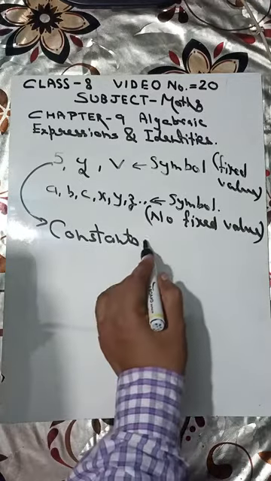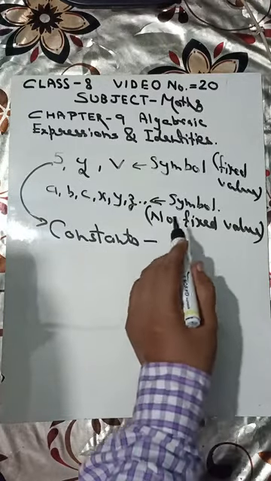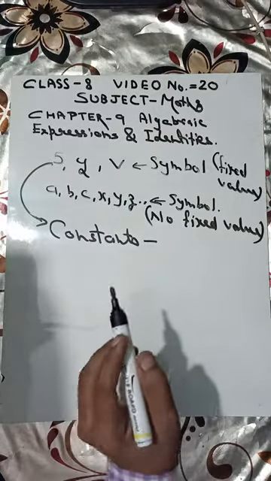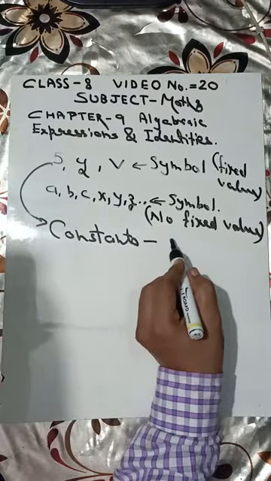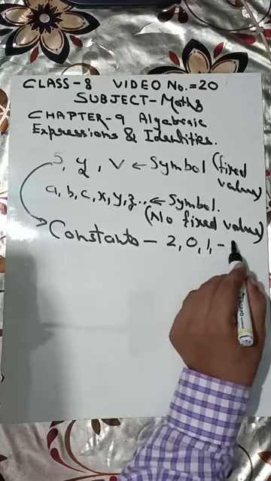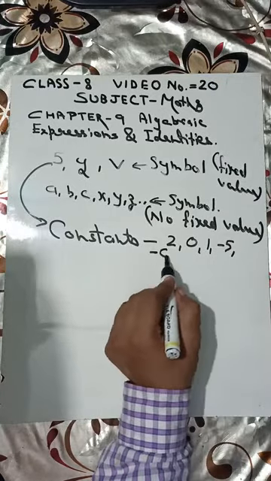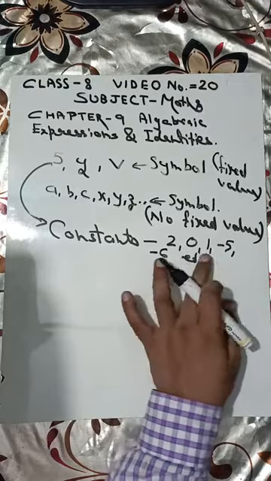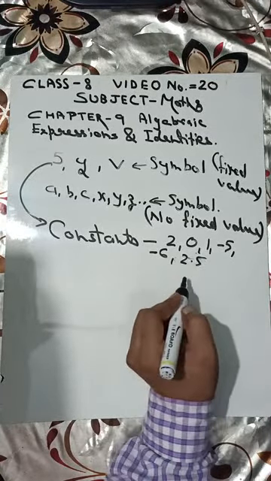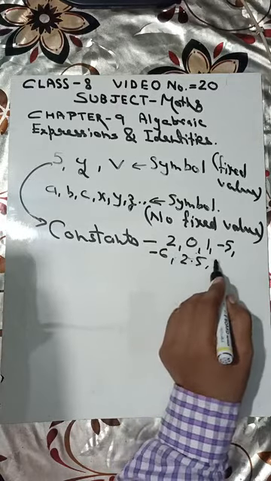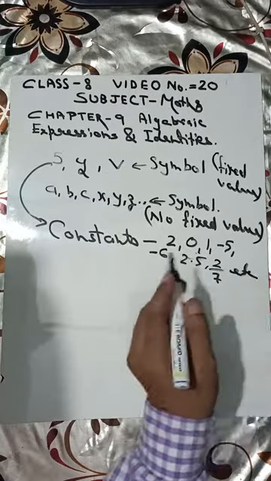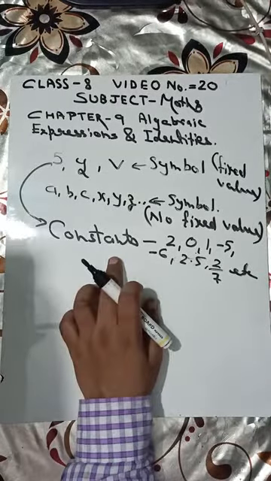Okay, so what are constants? The symbols in maths having a fixed value. What can be examples here? It can be 2, it can be 0, it can be 1, it can be minus 5, 6. There can be an infinite number of them, even decimals. 2.5 is also a fixed value. 2 upon 7 is also fixed. So all the numbers that we study come under constants.